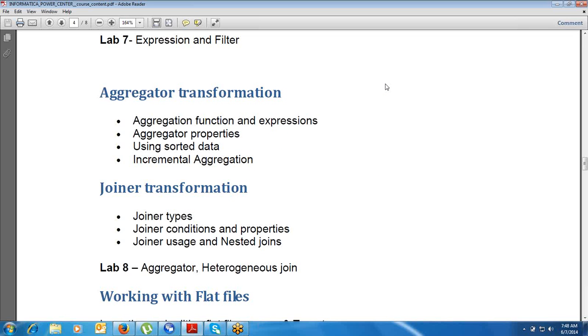No. What we are going to do is, we have the old sum of salaries with us, right? This time we will calculate the new sum of salaries of the new employees and add it to the old sum. So it will give me the updated sum of salaries. Like this, in incremental aggregation, we save the old data, calculate the aggregate of the new data, and then add it to the old one. This is how incremental aggregation is implemented, and we are going to use this concept of incremental aggregation in the aggregator transformation in Informatica. Okay.